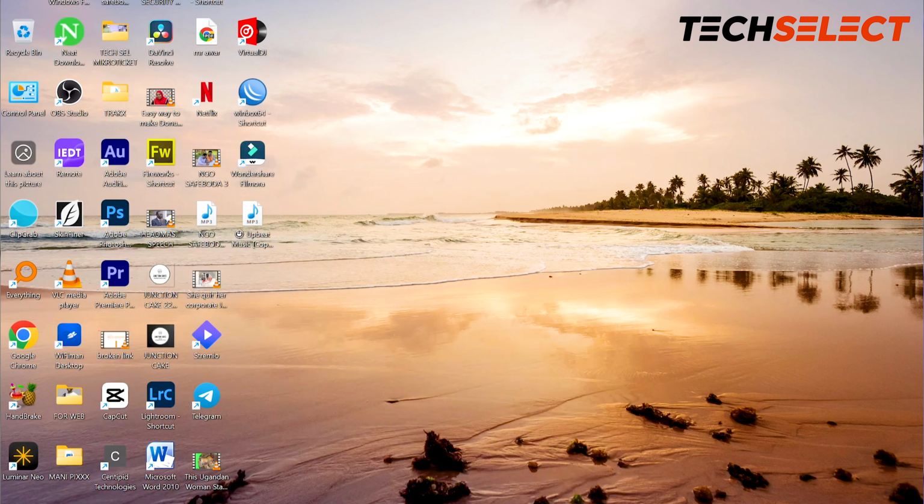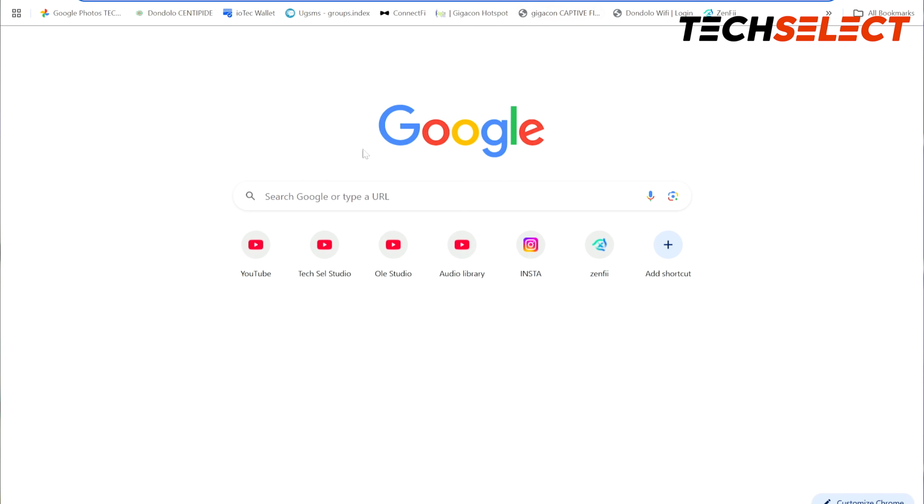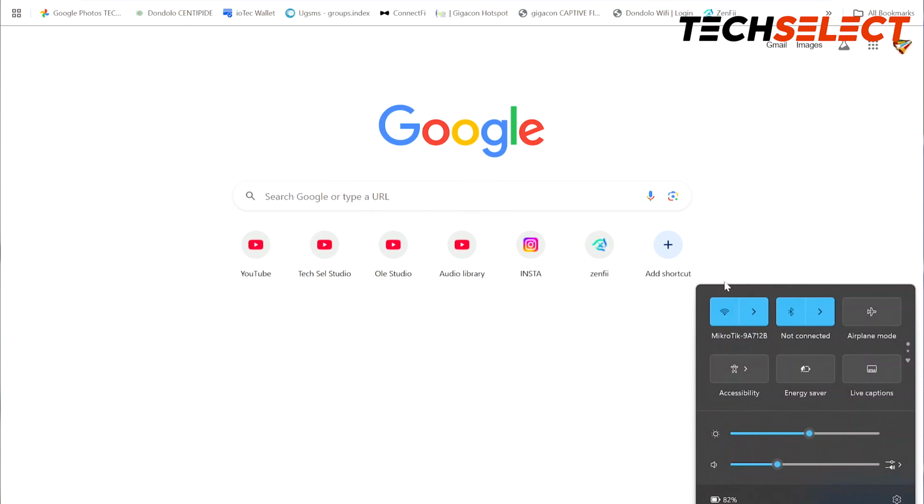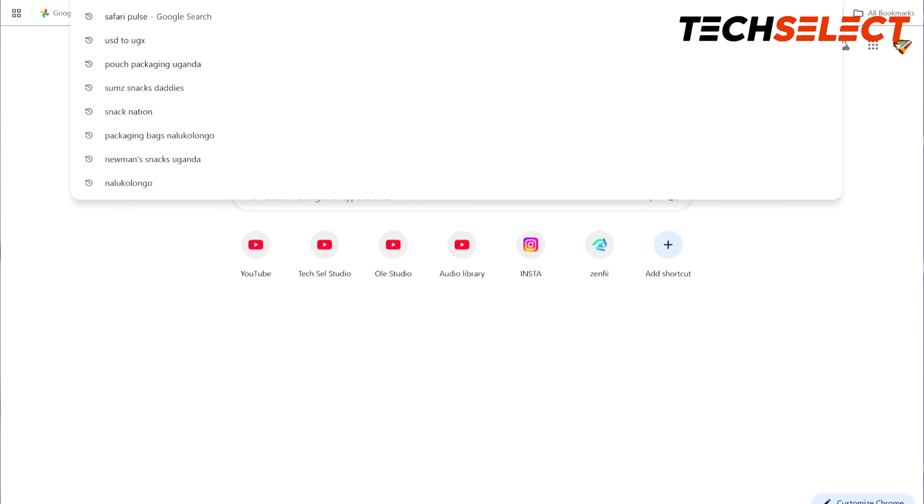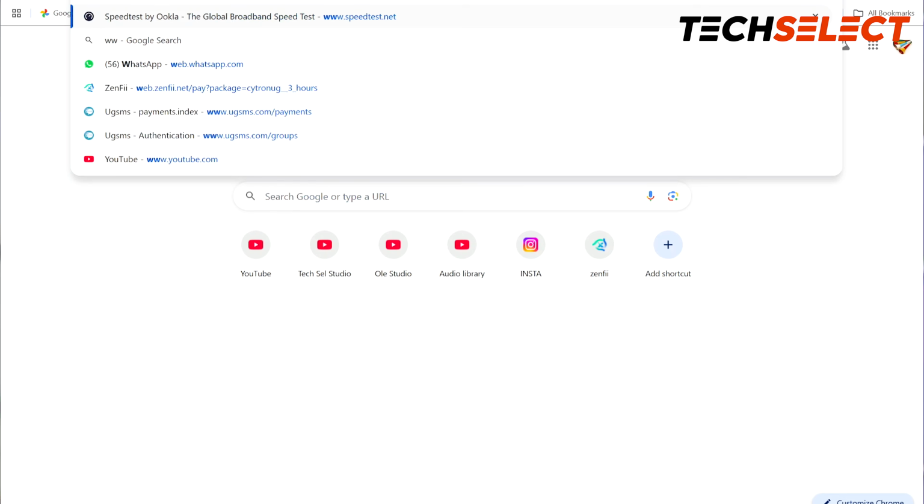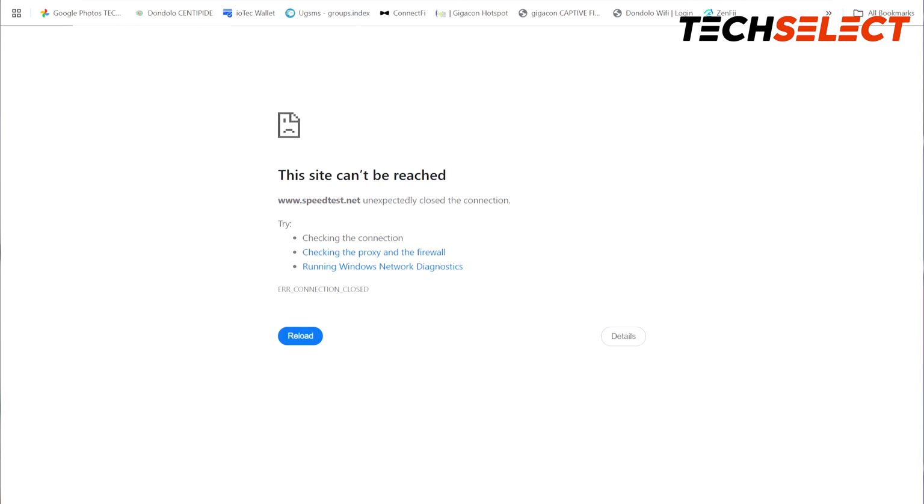Now, of course, it doesn't end here. What we've done is the first step of the entire process. Now, if I may take you back to our computer over here, as you can see, we are still connected to the MikroTik. And if I went in here and maybe tried to search for www.speedtest.net, for example, it would automatically show you that, hey, you have no internet, because now what has happened is,